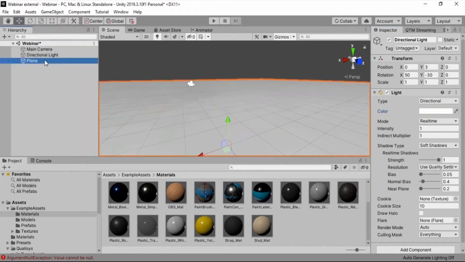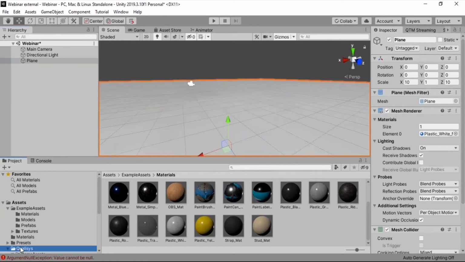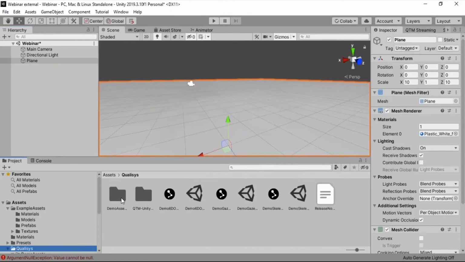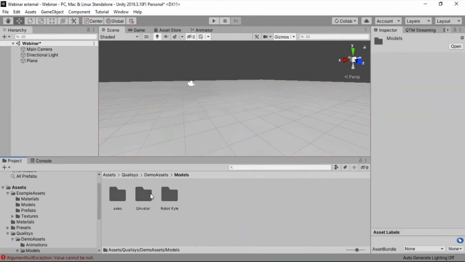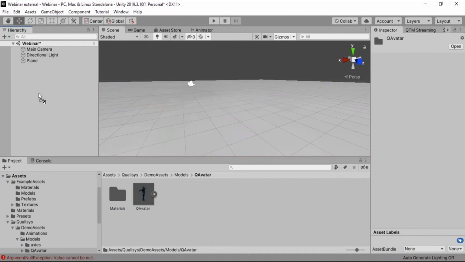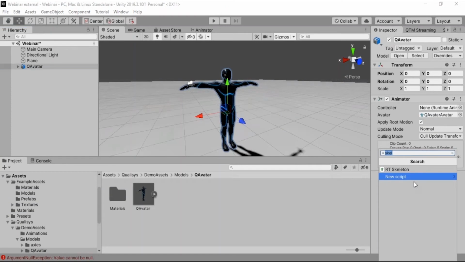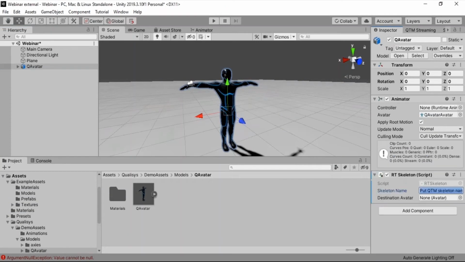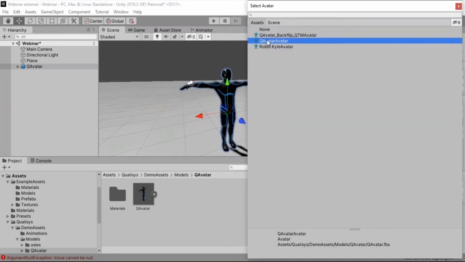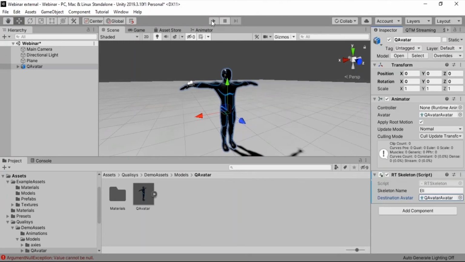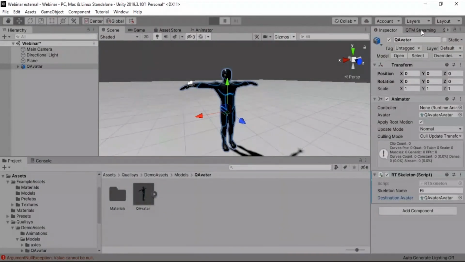There we go. Then we jump into the demo assets and drop a QAvatar onto this one. We add a component, which is the RT skeleton. We put the name Eli to it, and we put the avatar QAvatar. There we go. So if we press play now,